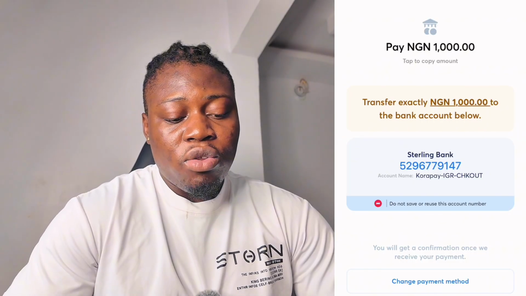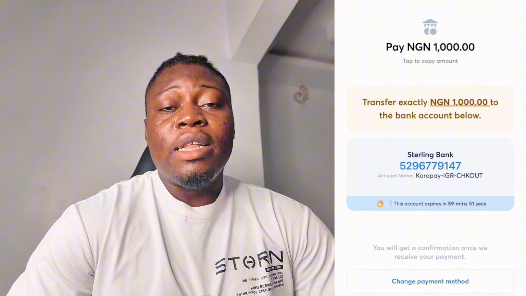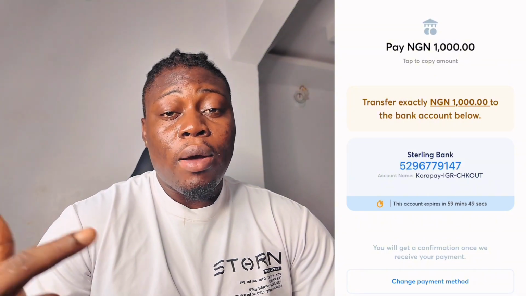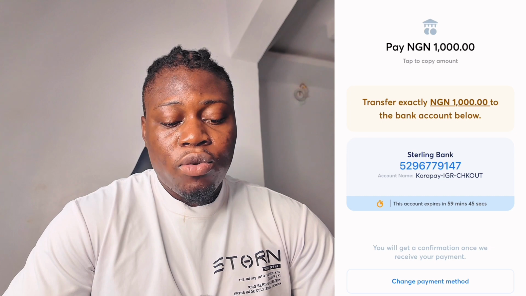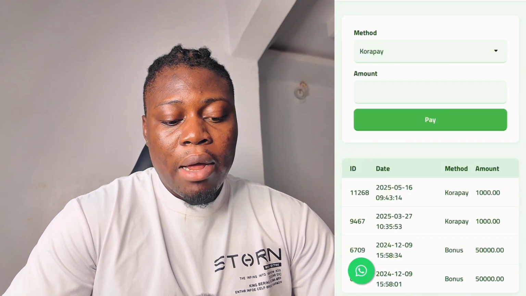And it's going to load, and Cora Pay will provide the account number and everything that you need. You don't need to send money to this account number. You can see Sterling Bank, and you don't need to do anything. The thing will automatically process, and your balance is going to be reflected on the website. Easy peasy, right? So just in case you want to use manual, all you need to do is